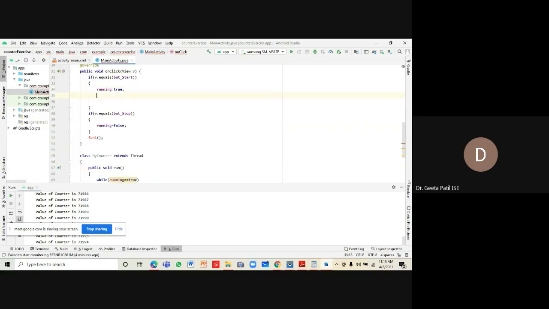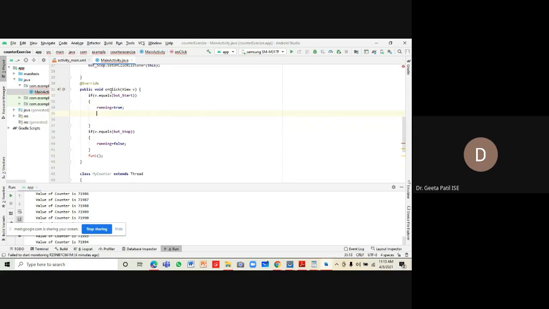Running is made true in your onClick event of the start button, and we are creating an object of MyCounter, new MyCounter().start().